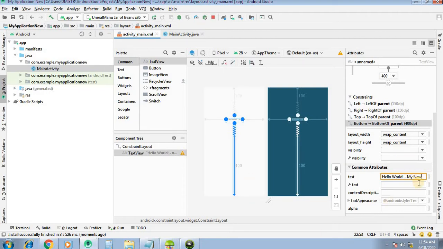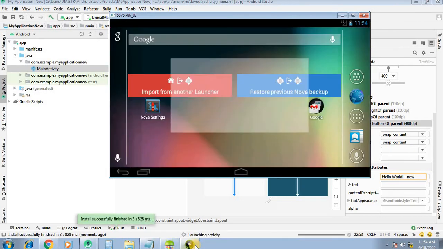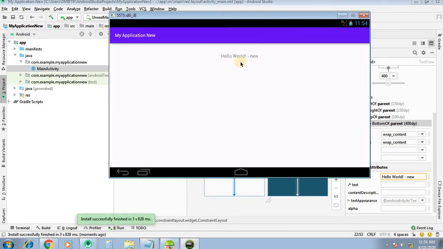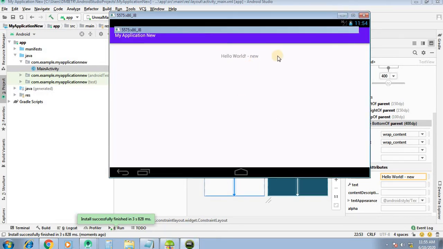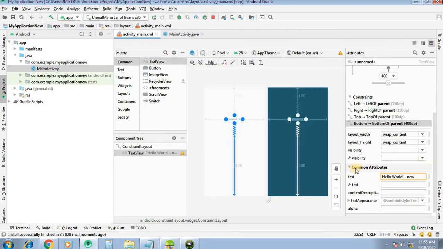Okay, hello world my new, you can change it from common attribute text. You can see here hello world new. So this is what we change with the help of XML and with the help of common attribute.